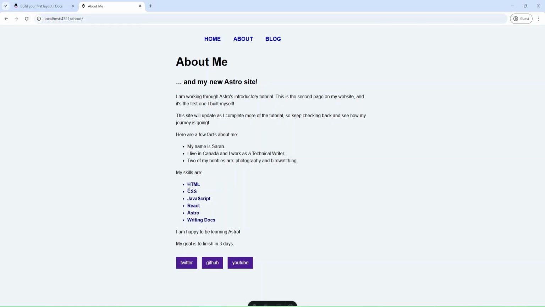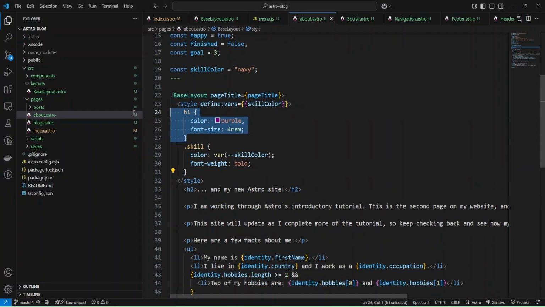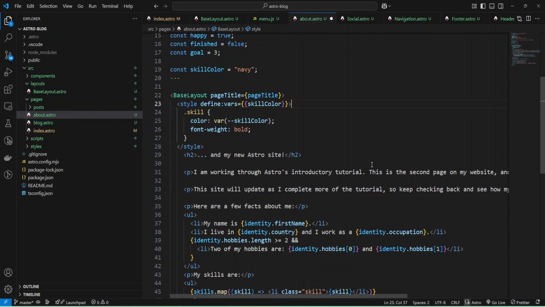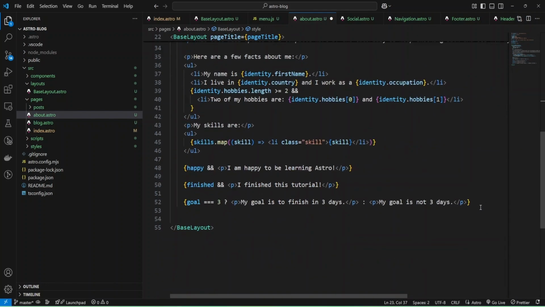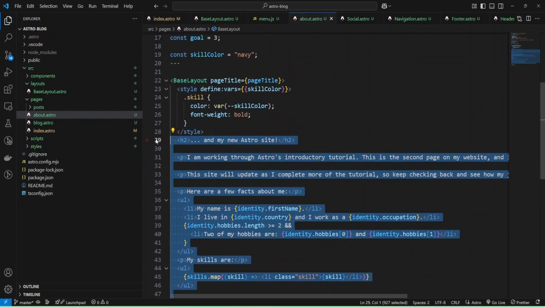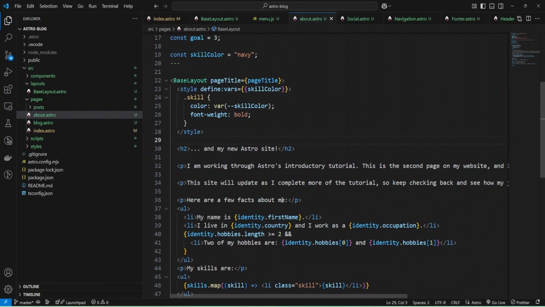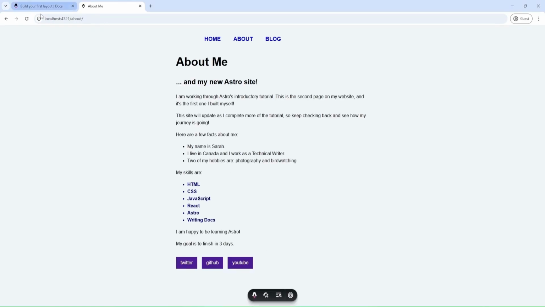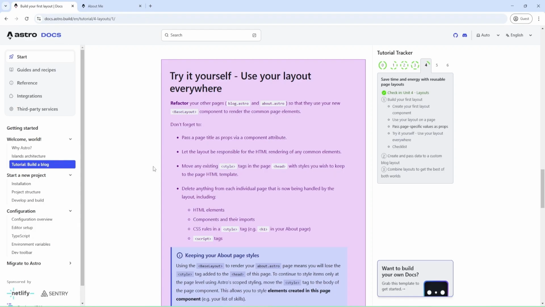As you can see, we have styles for our list, and I can remove styles for the H1 tag because we have them globally. I can also adjust the code. Okay, looks good so far. Let's check again, refresh, and we have our styles. And let's go to the docs.